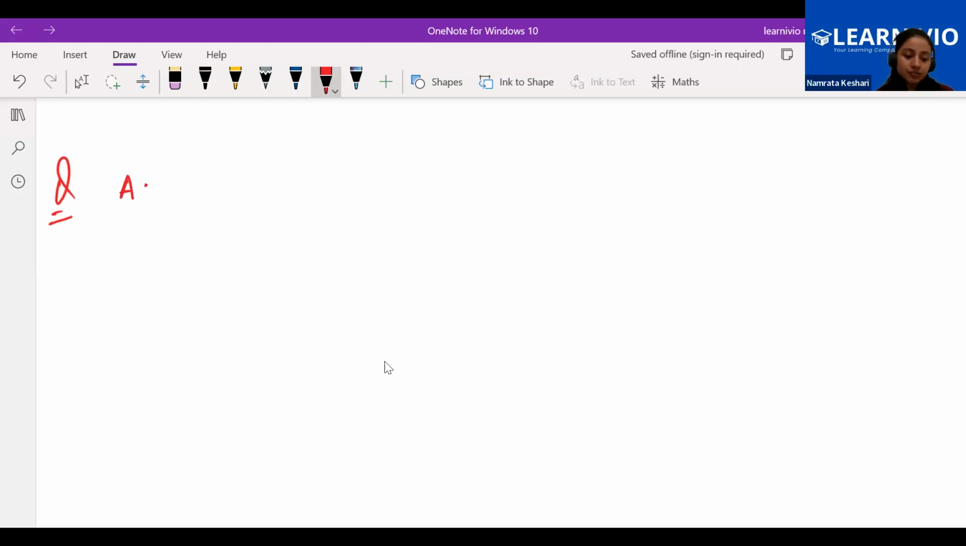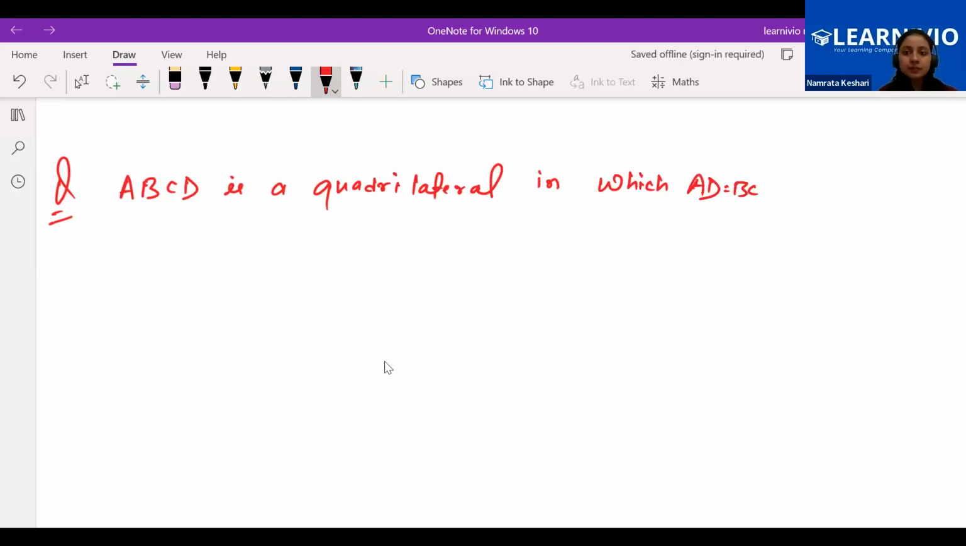Let me write it first. ABCD is a quadrilateral in which AD is equal to BC and angle DAB is equal to angle CBA. Prove that: